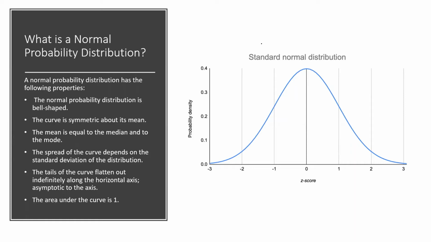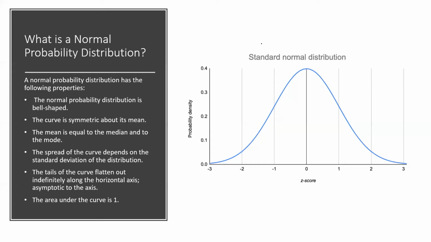However, if the standard deviation is low, the peak can be higher and the curve will be more narrow. The tails of the curve flatten out indefinitely along the horizontal axis, asymptotic to the axis, and